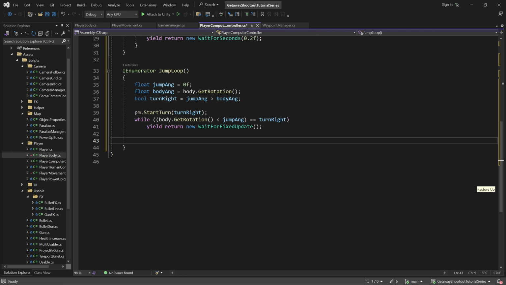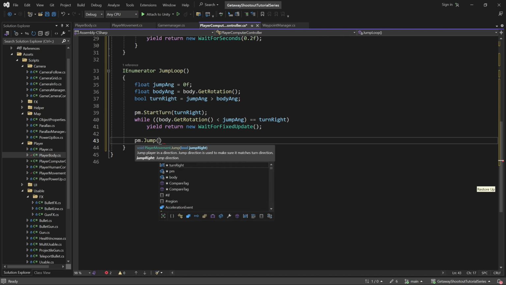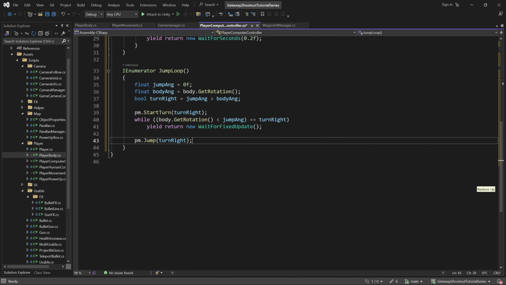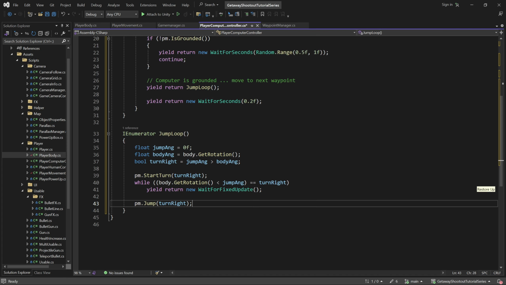And then at this point, we have waited for the player to turn to the correct rotation. The last thing we want to do is actually just jump the player. And again, we need to pass in the jump right if we're jumping to the right or left. And this was simply the direction that we were turning in. So that is our jump loop